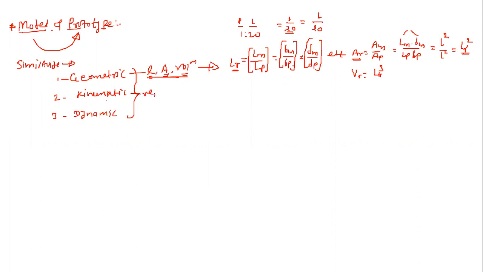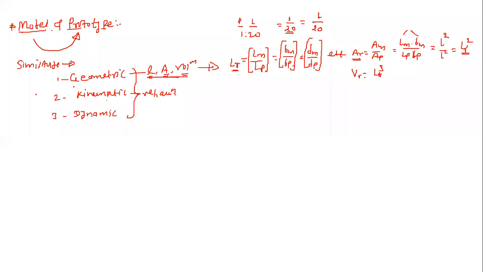The velocity and acceleration of a flowing fluid in a prototype and a model must be the same at each and every point. Suppose you are preparing a model of a river. Then whatever the velocity is at a particular depth in the model, after replicating that dimension with a scale ratio, the same velocity must be there at that depth in your actual river. That is the prototype.